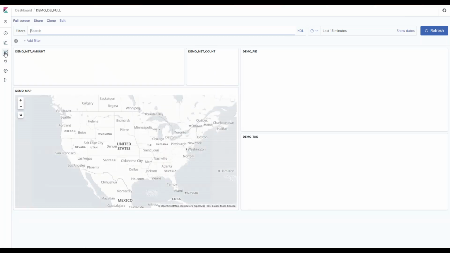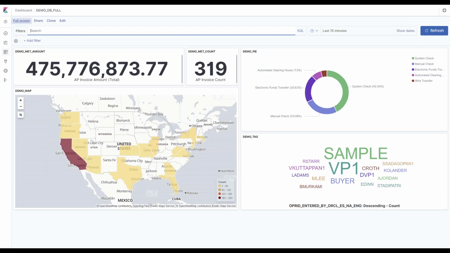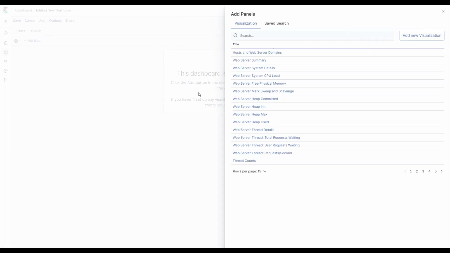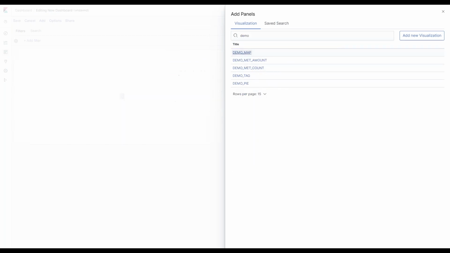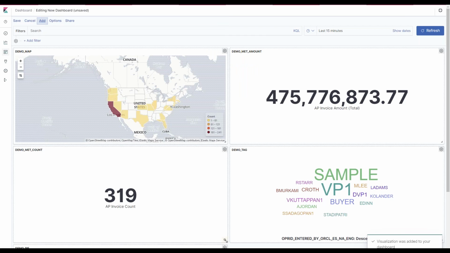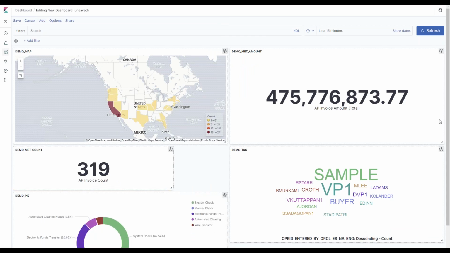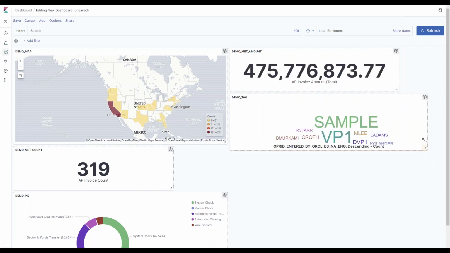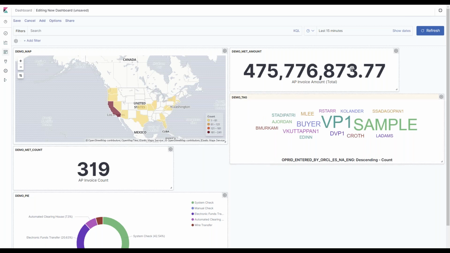So at that point, we have multiple visualizations available to us. Now, back to the dashboard, I created a new dashboard. To add these to a dashboard, since I called all the ones that I already saved demo, I will add the map, add the amount, the count, the tag, and the pie chart. Good, now they're in here. Now I can resize these however I want and continue to add. I can modify titles here as well, and I can even get directly back into editing these. So I would save this, okay?